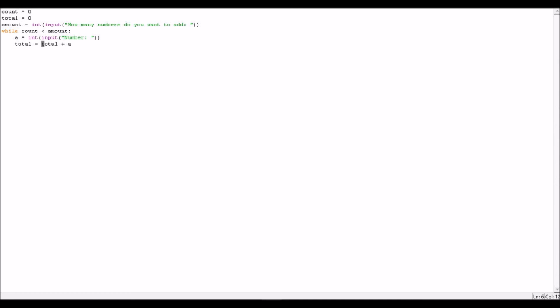So now it says 5, so it's 0 plus 5, and then it goes on, so it repeats. Then we are going to say count is equal to count